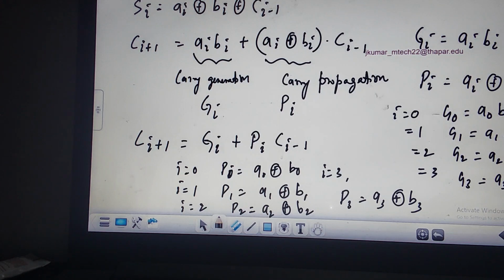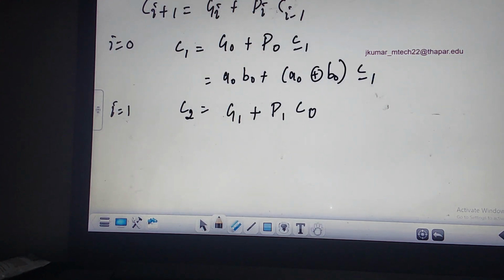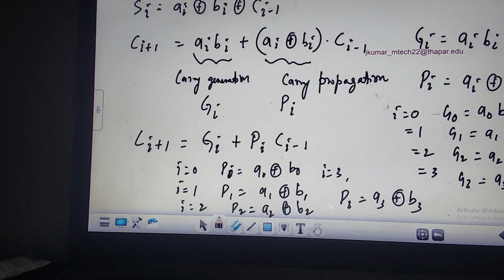This is the next calculation. This is correct only, right? This is coming from the previous stage. I'm getting C minus 1. Now coming back to here, this is G0 plus P0 into C minus 1. I'll be getting C0. The mistake I did here is nothing but CA, not CA plus 1. This is CA minus 1 coming from the previous stage.